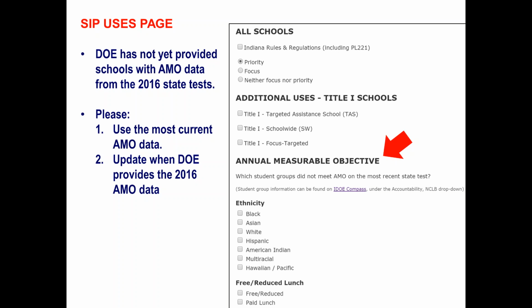Then hopefully we'll get the AMO data from DOE fairly soon, and we'll update it, but nine times out of ten your guesses or your data from last year are still going to be the same. But again, with SI2 we always use just the most recent data that we can get our hands on, and right now we can't get our hands on that AMO data yet. But as soon as we do, we'll update everything.